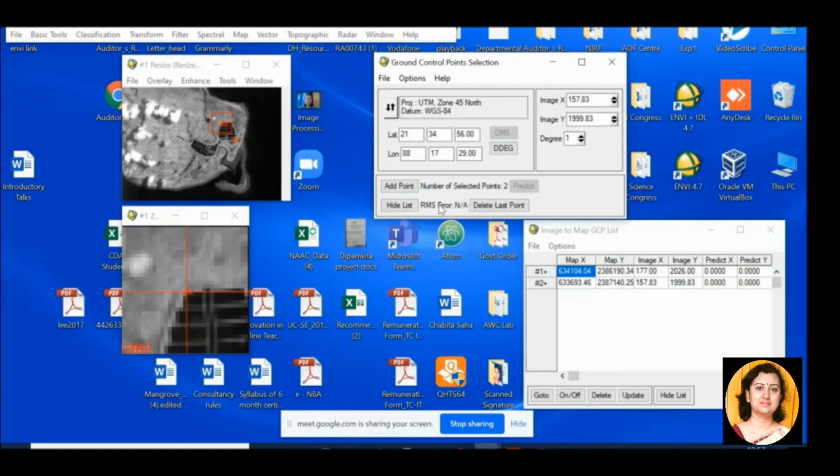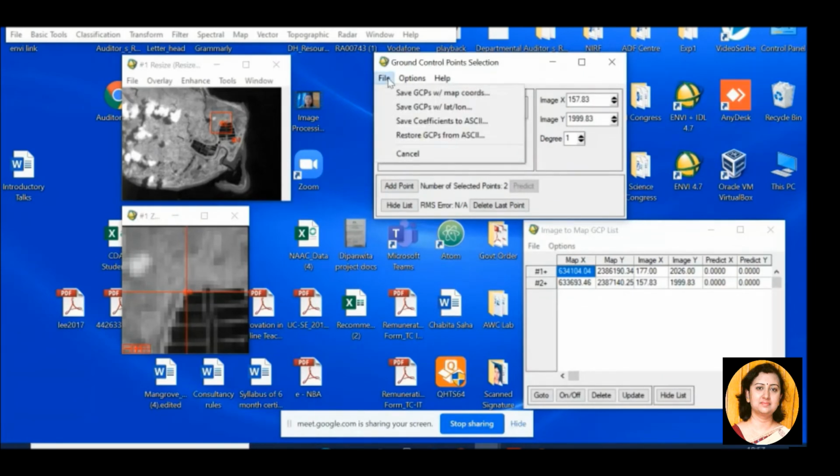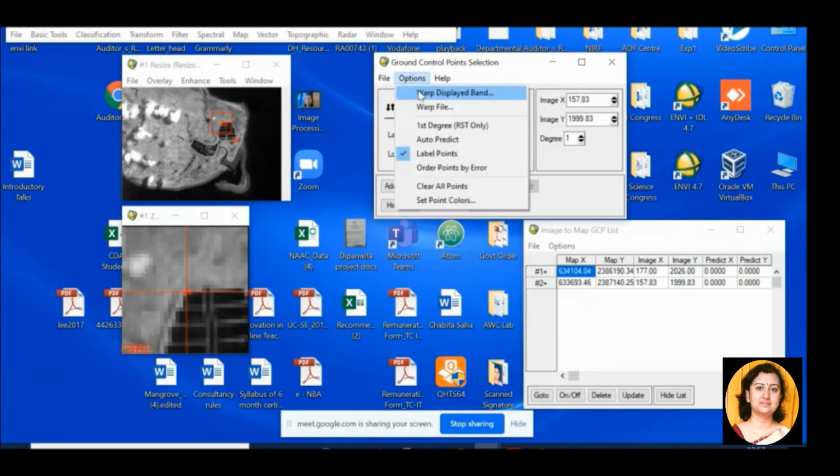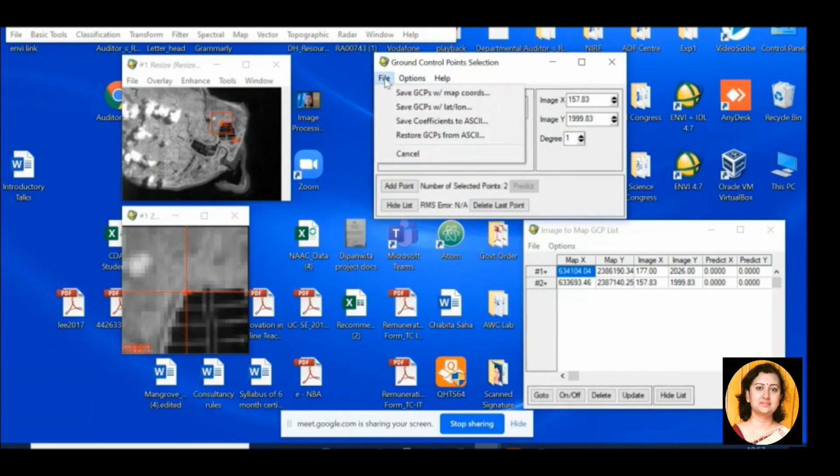Anyway, you try to locate as many points as possible, and then what is the next step? You go to File and you save the ground control points as either map coordinates or lat long values, or as coefficients to ASCII.